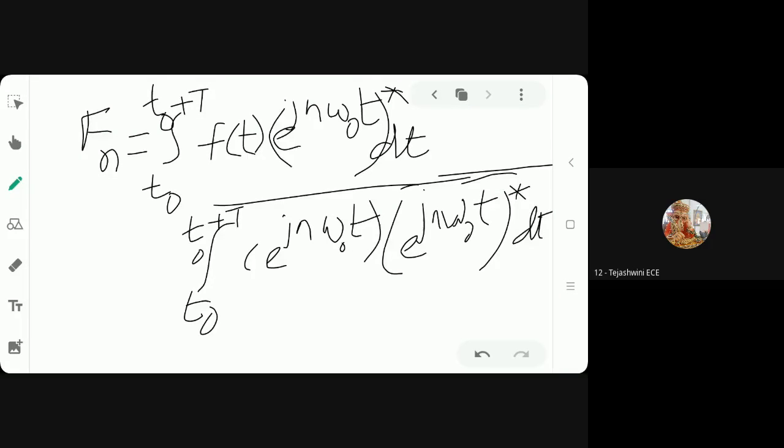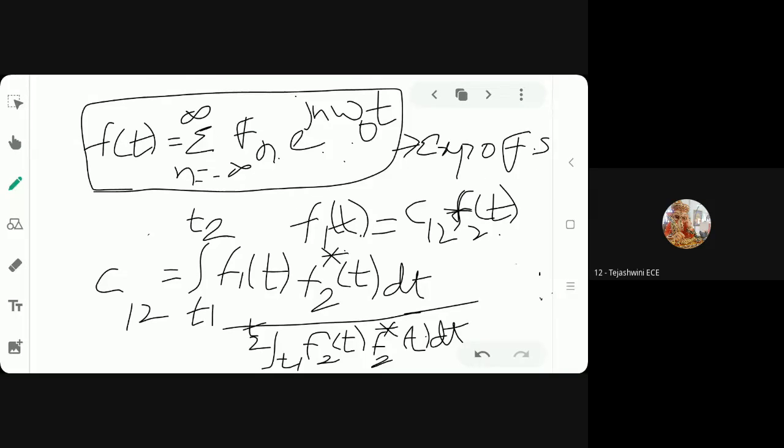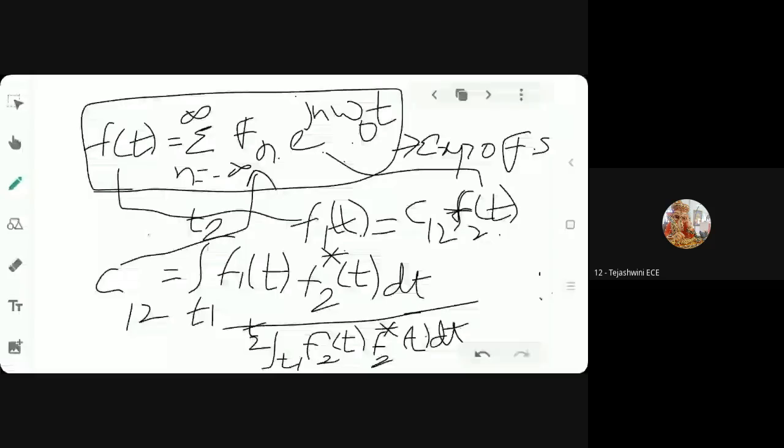So for orthogonality in complex functions, C12 can be calculated as integral T1 to T2 f1 of t into f2 conjugate of t dt, by integral T1 to T2 f2 of t into f2 conjugate of t dt. Right? Now in a similar manner, in place of C12, we have Fn. In place of f2 of t, we have e power jn omega naught t. In place of f1 of t, I have f of t. So based on what we have written,